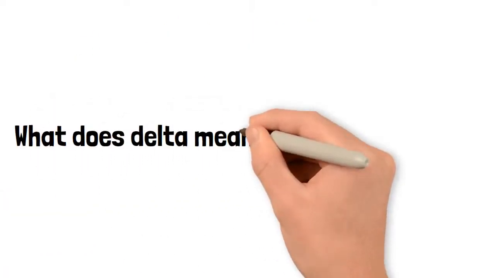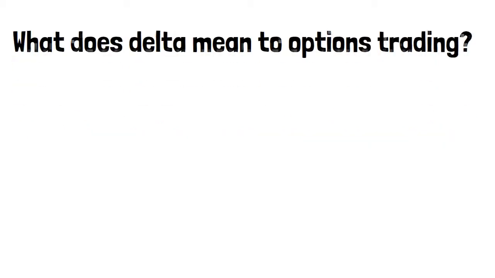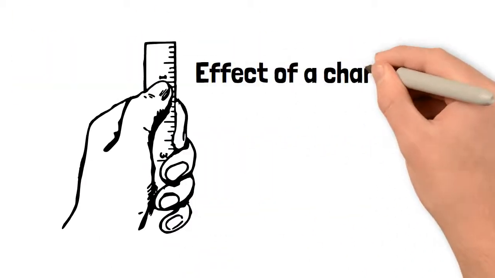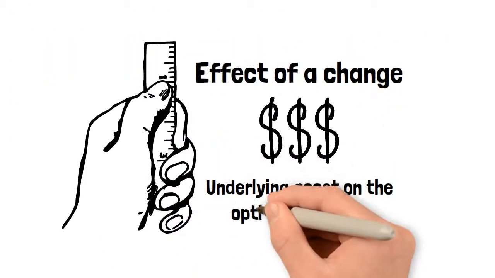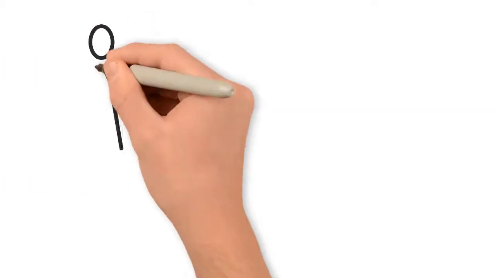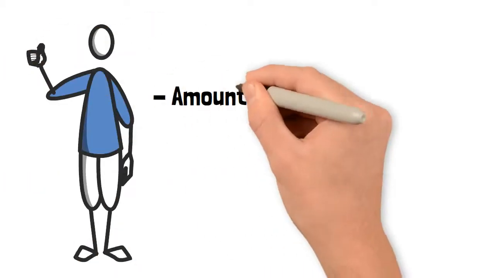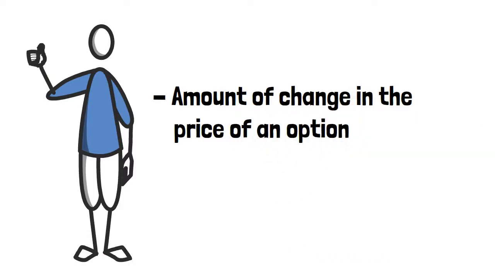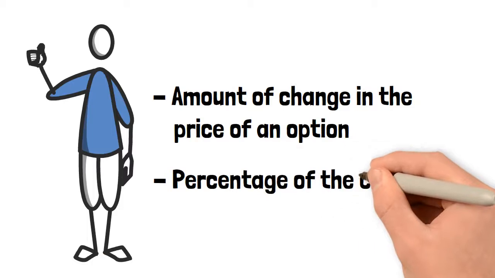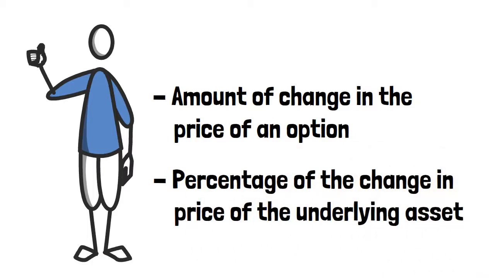What does delta mean to options trading? Delta measures the effect of a change in the price of the underlying asset on the option's premium. Delta is best understood as the amount of change in the price of an option for every 1-point move in the underlying asset, or the percentage of the change in price of the underlying asset that is reflected in the